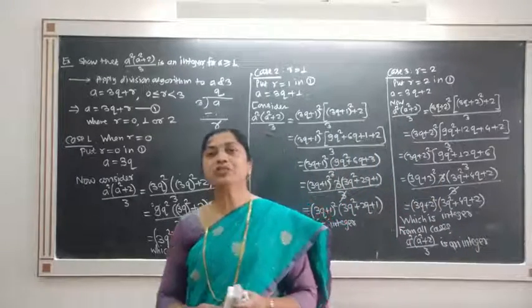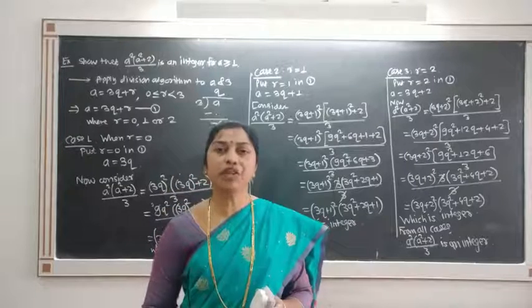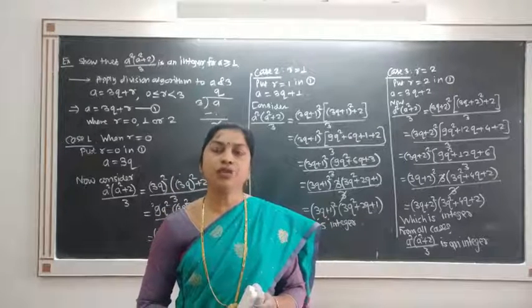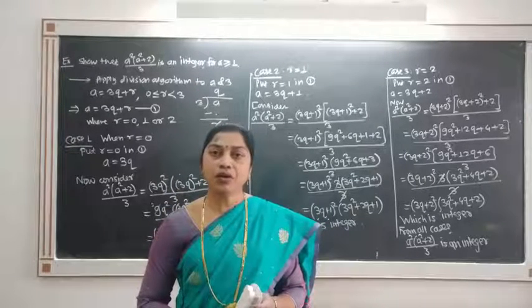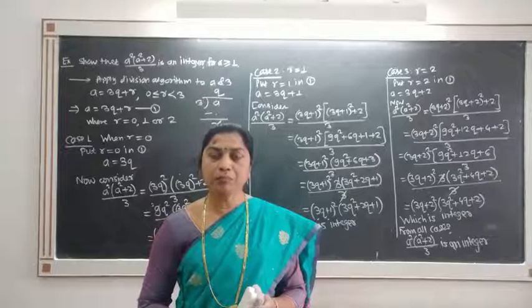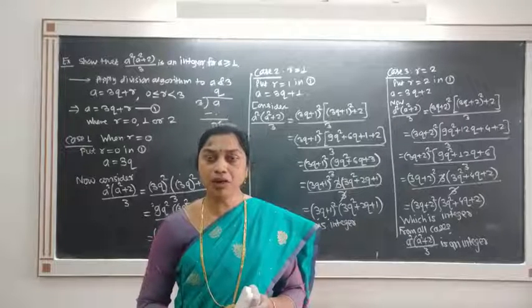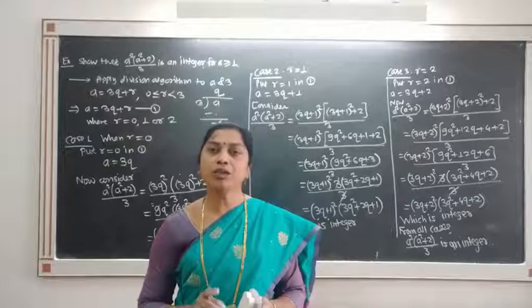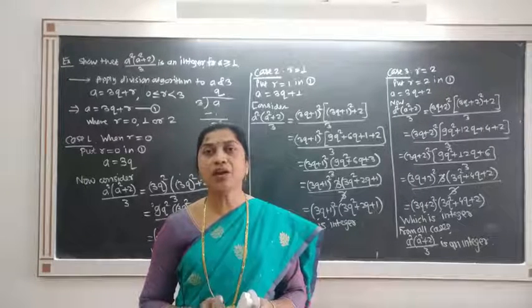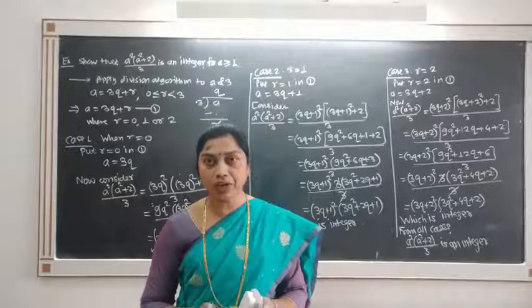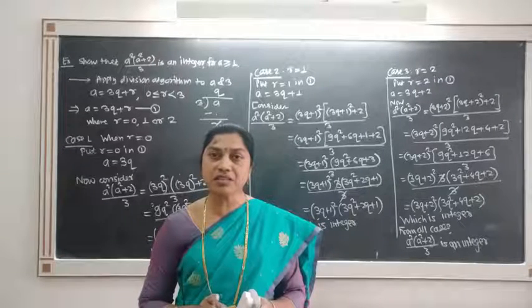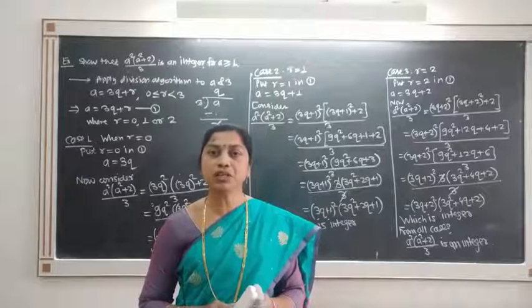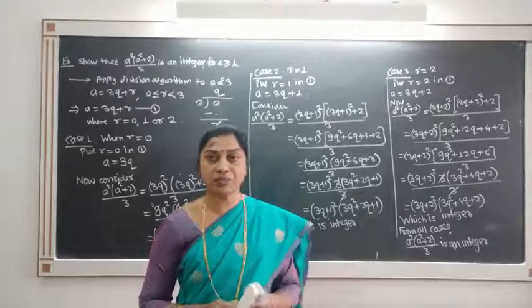So today we have seen the applications of the division algorithm. If you divide a number a by a non-zero number b, we always get a unique quotient and remainder, and the property of remainder is that it is always non-negative and always less than the divisor. So using that we have some examples.